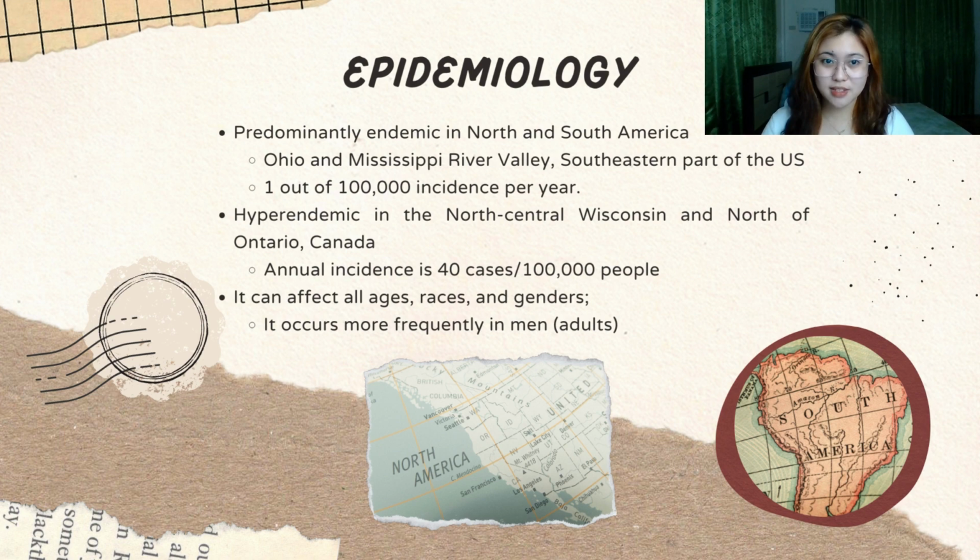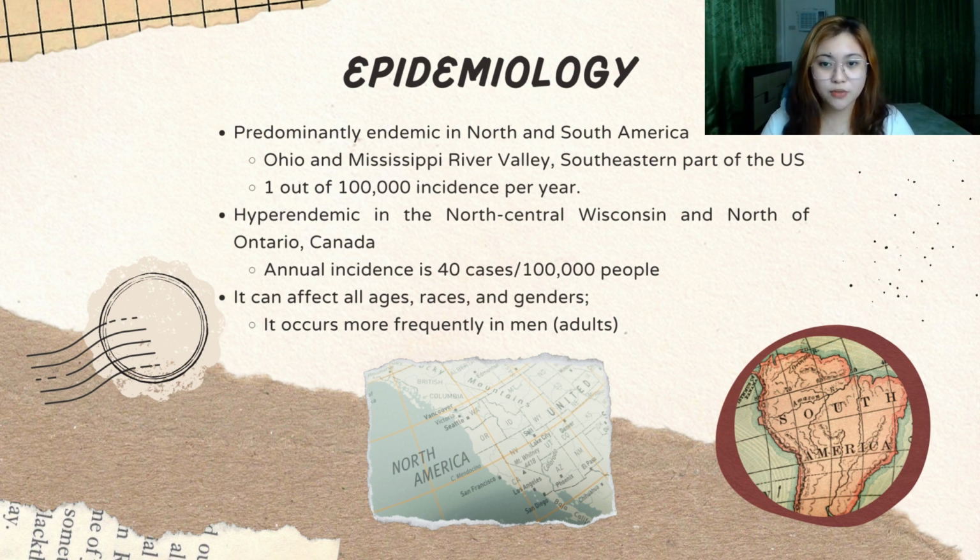Epidemiology: Blastomyces dermatitidis is endemic in most of the southeastern United States, including the Ohio and Mississippi River valleys, Kentucky, Arkansas, and Wisconsin. One out of 100,000 cases is reported annually in the states where it is very common, like North Carolina, Louisiana, and Illinois. Areas where the disease is hyperendemic exist in north central Wisconsin and the northern region of Ontario, Canada,